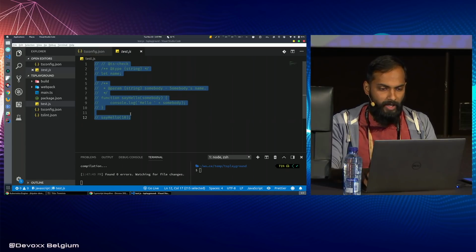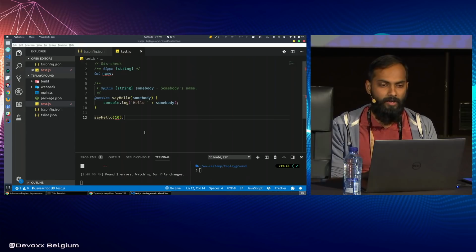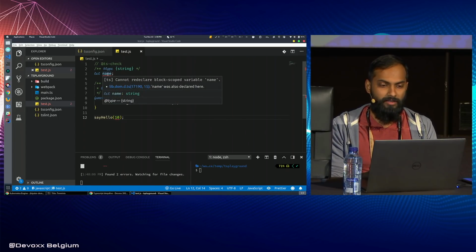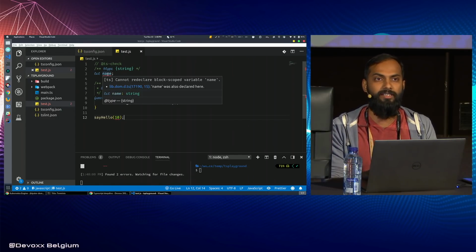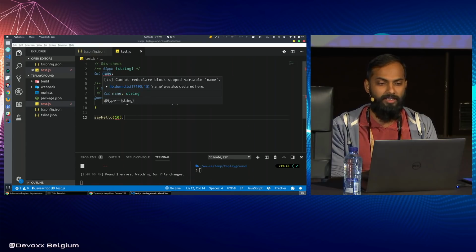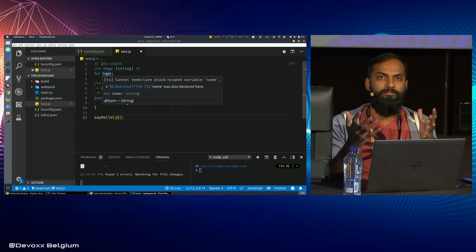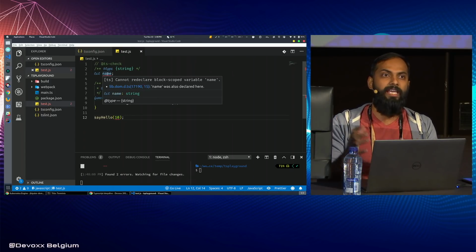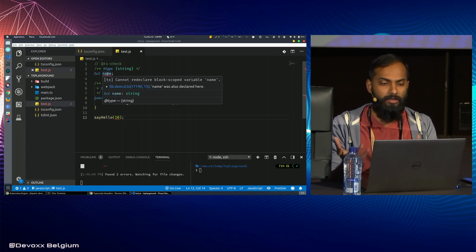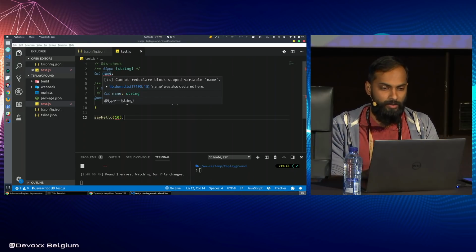So I have this JavaScript file, right? So it's a JavaScript file, but TypeScript has already started checking it, right? It already started complaining about stuff that makes sense normally, right? Say, for example, you cannot redeclare a name because name is by default an attribute available in your scope. So let's say,